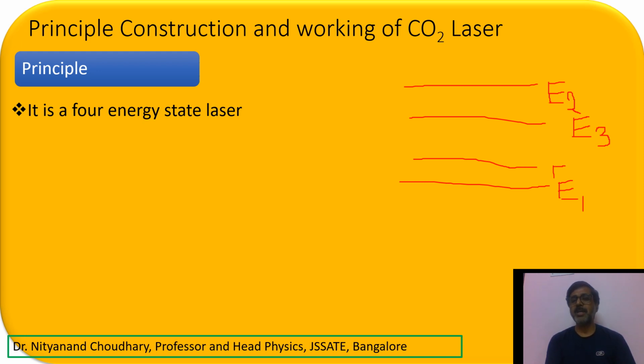The distance between E1 and E4 is so much that an electron cannot jump from E1 to E4 at normal temperature. But if you increase the temperature, it may jump. So we have to control the temperature in such a way that atoms do not jump to the electronic state E4, and E4 is more or less completely empty. You don't have any atoms in E4. Now, as we have understood, most of the atoms are concentrated in your ground energy state.